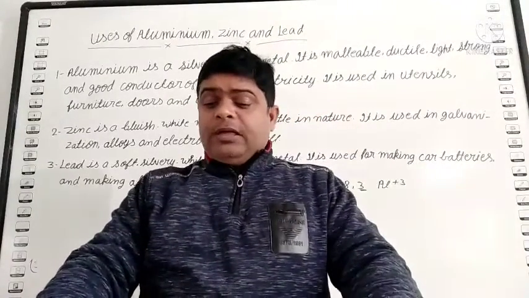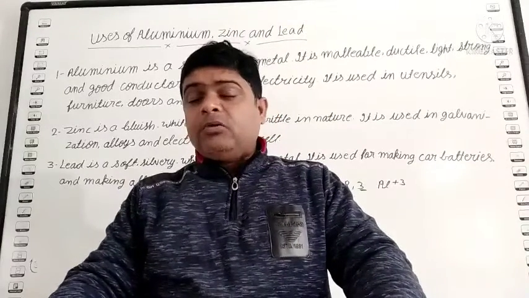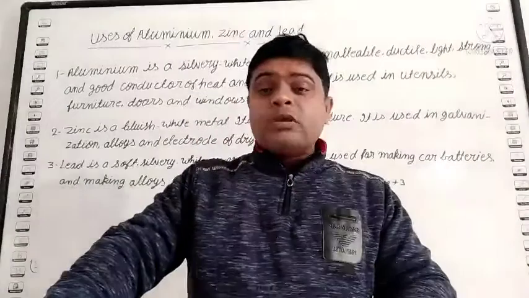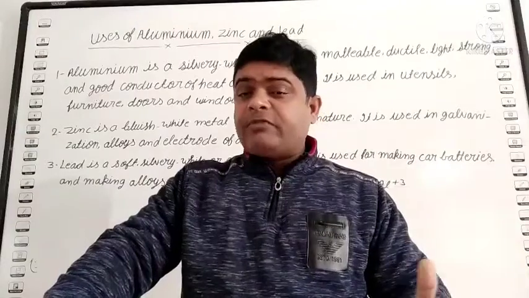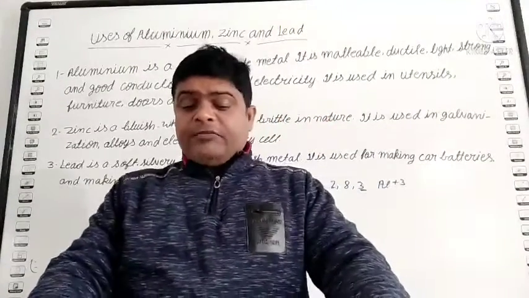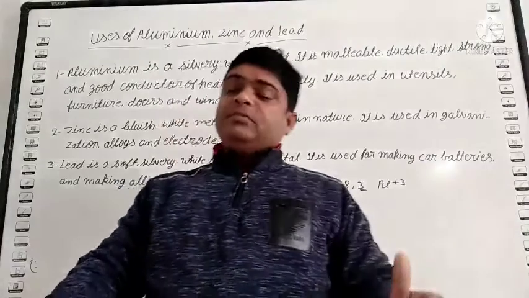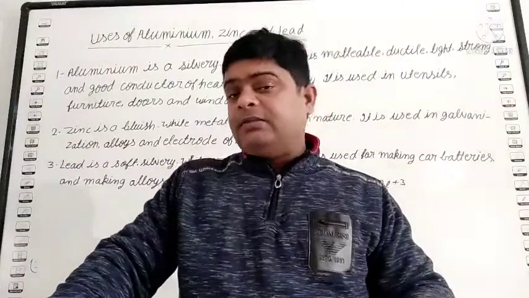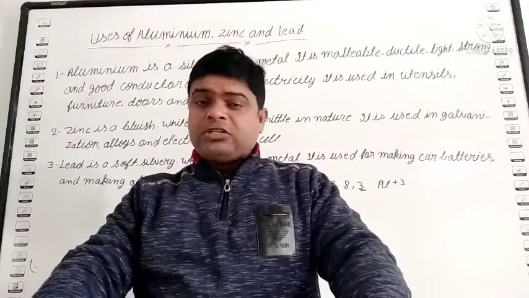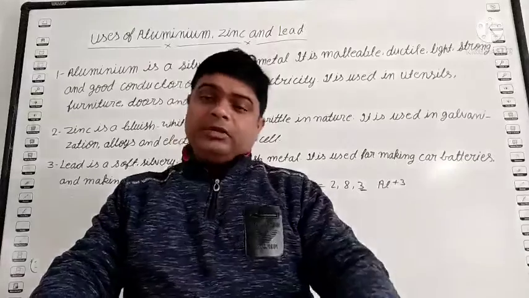Okay? Student, you know, it has a wide range of applications because it is cheapest and easily available. That's why we use it in different ways. Like aluminium is used for making cooking utensils. Student, many utensils where we make the food are made of aluminium. Okay, food packaging foil, furniture, door and window. You see, student, nowadays we use different types of doors, we make different things, all made of aluminium. Okay, it is used for making electrical transmission lines for power distribution. You see student, in your market, the electric pole contains aluminium wire.